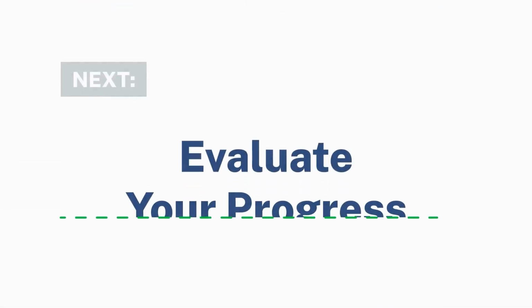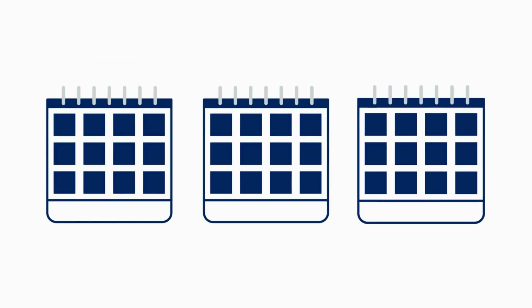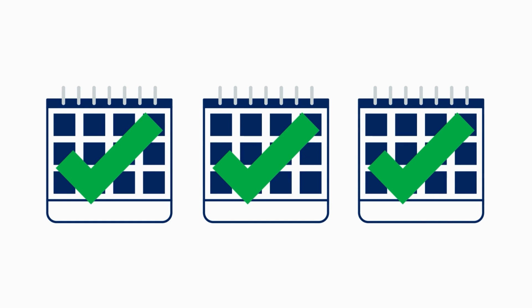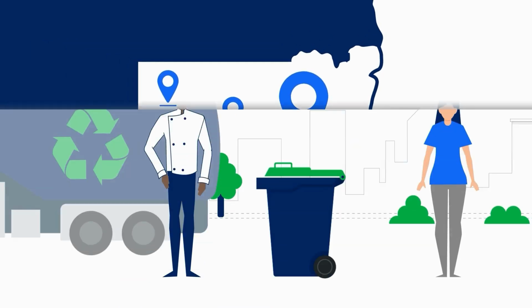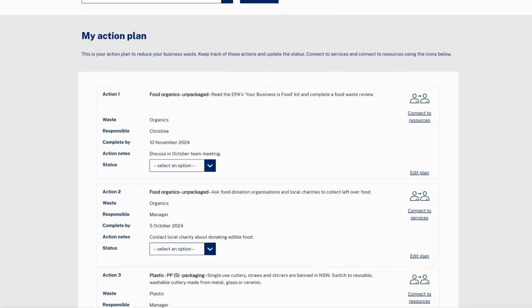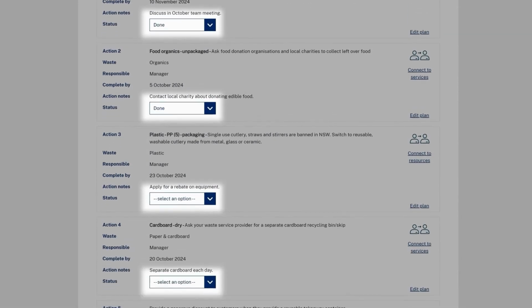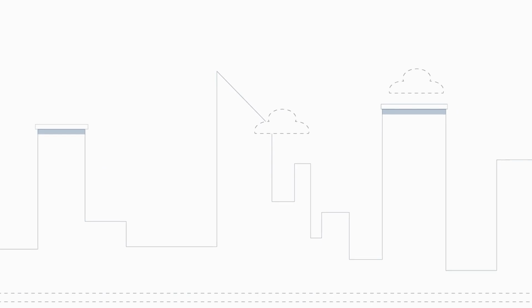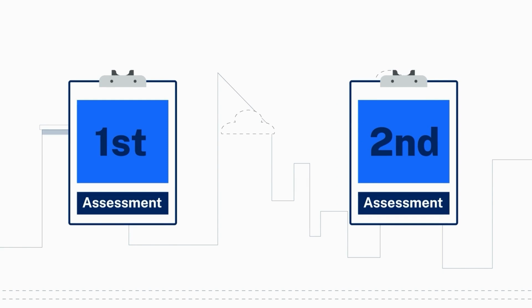With your action plan well underway, it is time to evaluate your progress. Completing a new assessment every 3 months is good practice to see how your business is tracking in reducing waste. It also gives you the opportunity to publicly display your business name and location on the Bin Trim community map to demonstrate your commitment to existing and potential customers. However, it's best to start a second assessment only after you have implemented the actions from your first action plan. If you do start a second assessment before you implement actions, any outstanding actions will be carried over to your